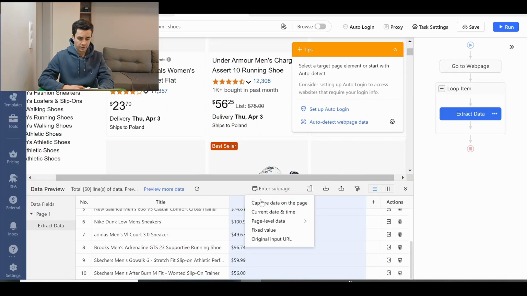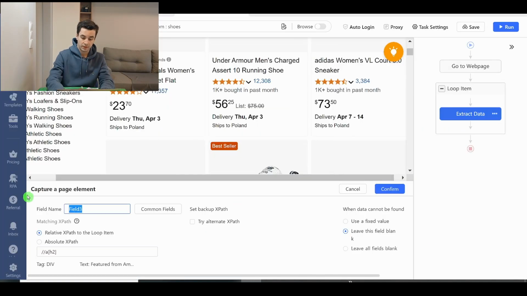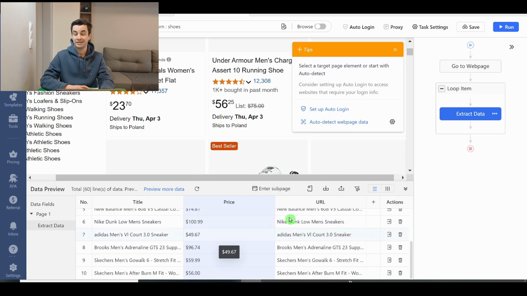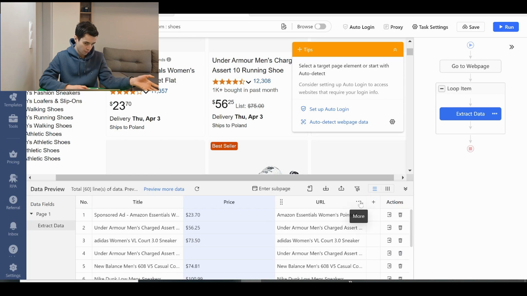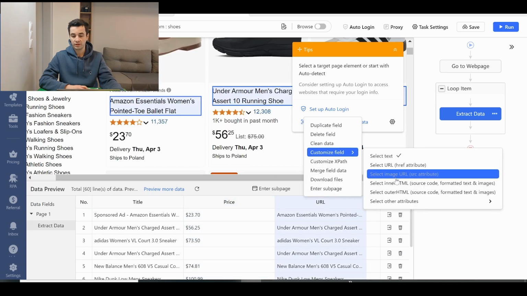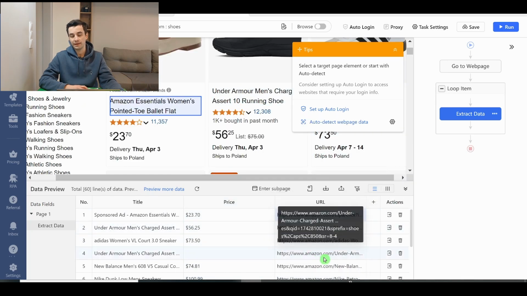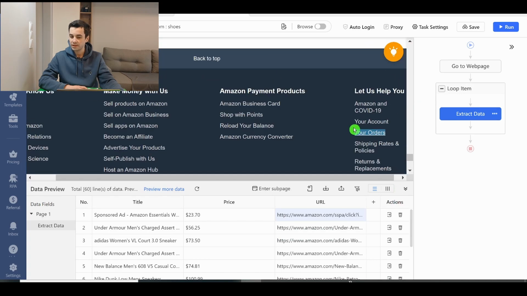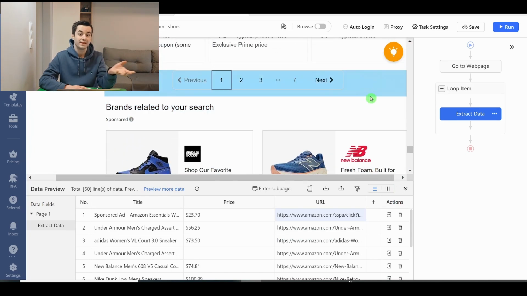Up, custom field, capture data on the page, and this is the URL. But by default, Octoparse is selecting a text, and we want to get a URL. So customize field and select URL. And voila. Okay, what remains to do now is to create the pagination, meaning to extract 420 items and not